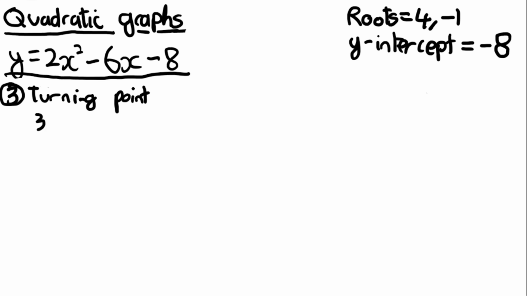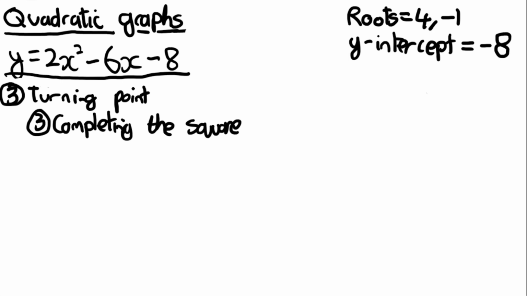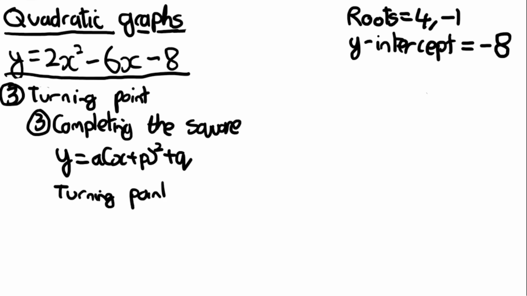Third way that you can find the turning point is by using completing the square. Basically, if you put the equation in the form a(x plus p) squared plus q, the turning point will be equal to (minus p, q), where the x coordinate is minus p and the y coordinate is q. You don't need to know why this is, but just briefly,